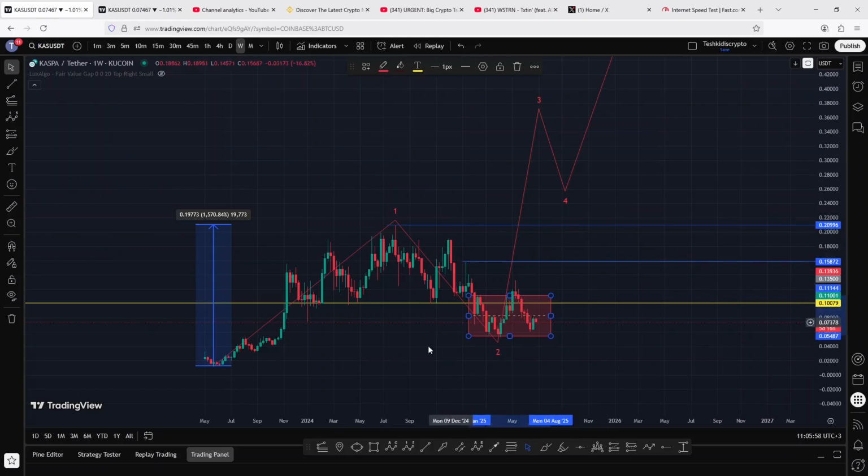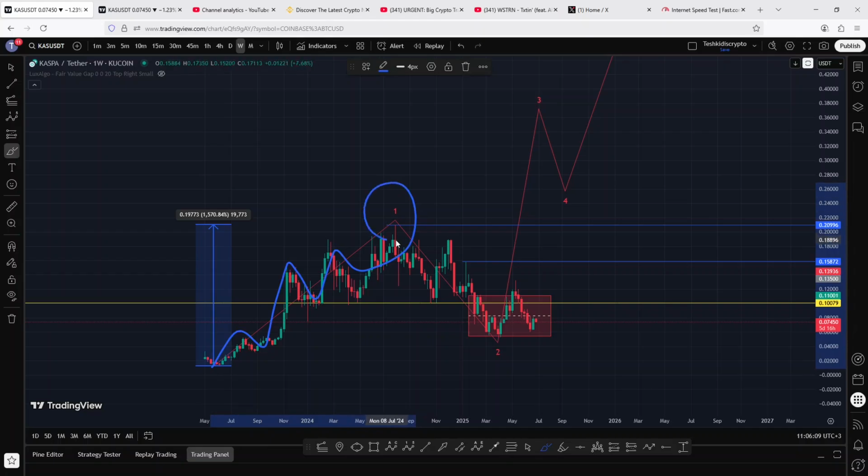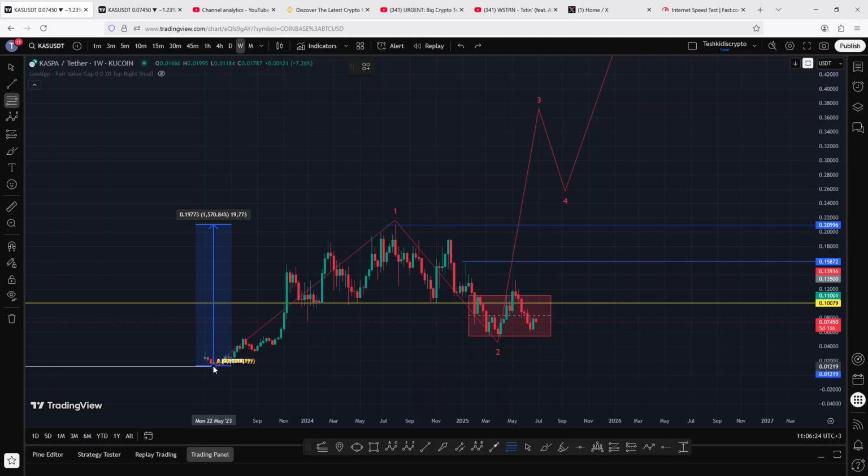And starting the video here on the weekly chart, I still maintain that from the lows we made back in 2023, we saw an aggressive bounce over here taking us to new all-time highs, completing the formation of that impulsive edge wave count 1. Then we started a corrective structure in the formation of a larger edge wave count 2, whose minimum target areas were given by connecting the Fibonacci's from the lows we made back in 2023 to the